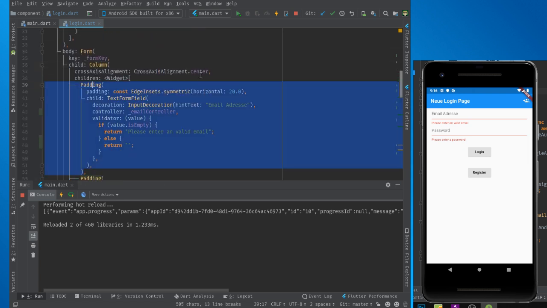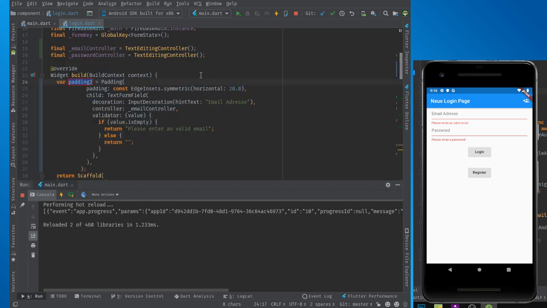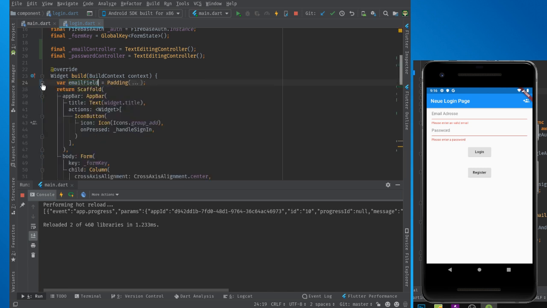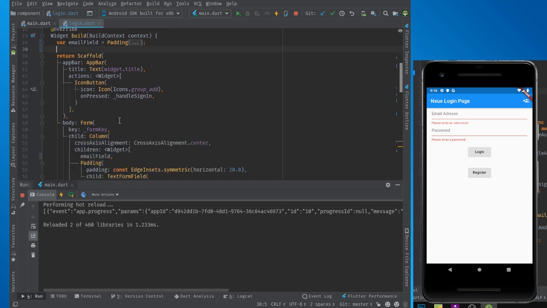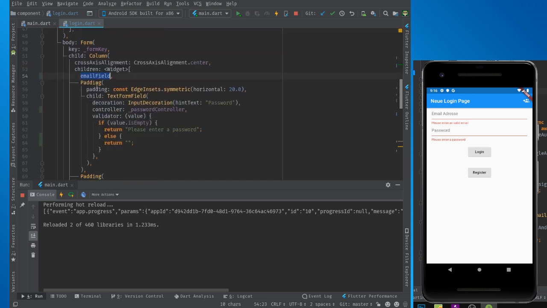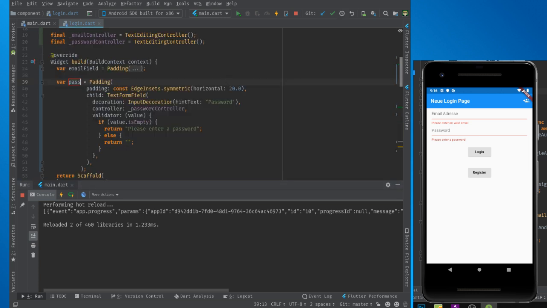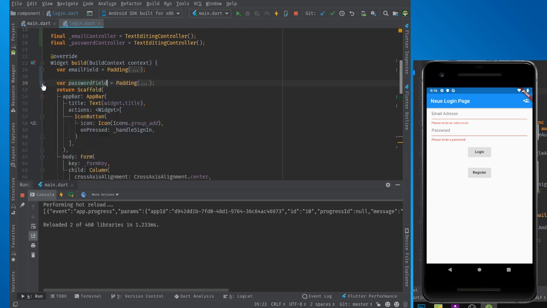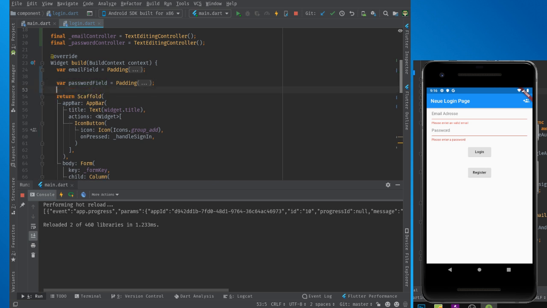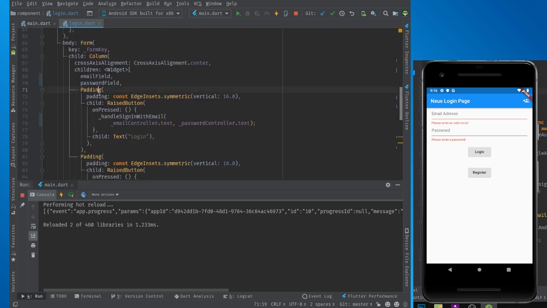So what we can do, we could take that whole thing and create a new variable for it, like an email field. And then we have the email field up here, and we can call that down here too. So with that, we have the possibility to make our code base easier to read. So this is the password field for now, and last but not least, let's take this padding, which will be then our